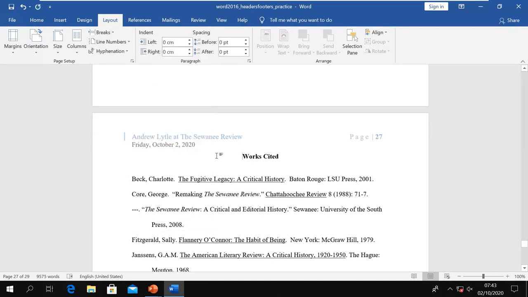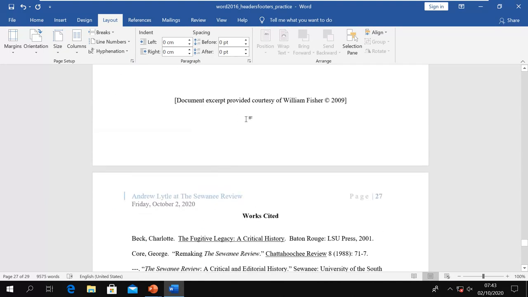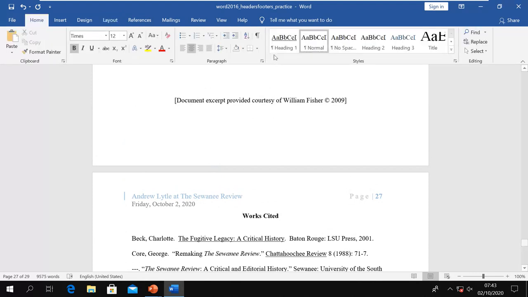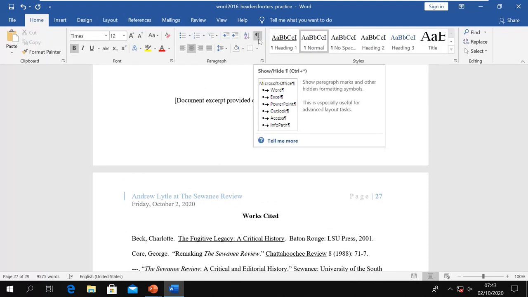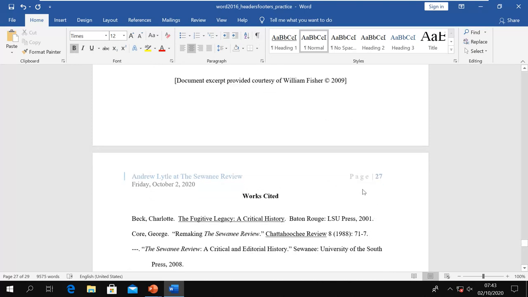Now it is divided into two sections. If you want to see that, by default it does not show, so go to Home and press the Show/Hide command, and here you can see we have the section break, Next Page. Now you see the number is still continuing, because the default is continue.